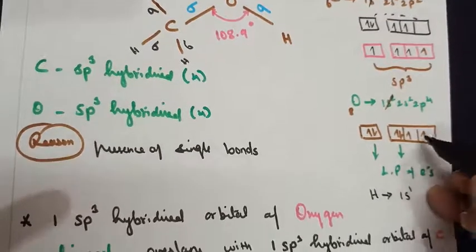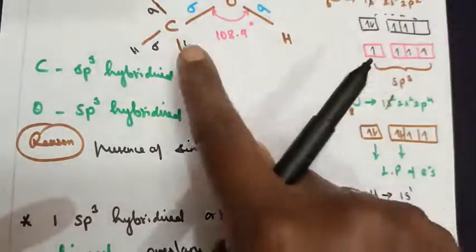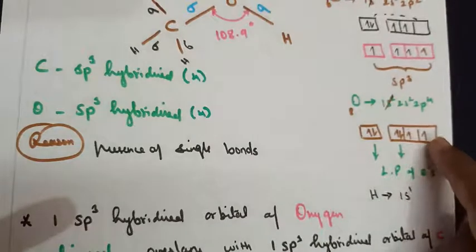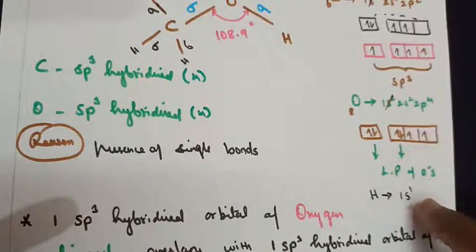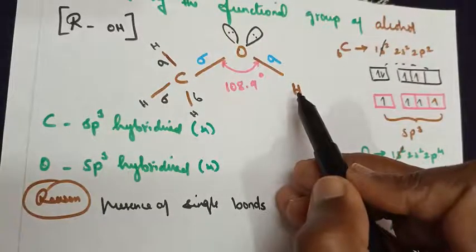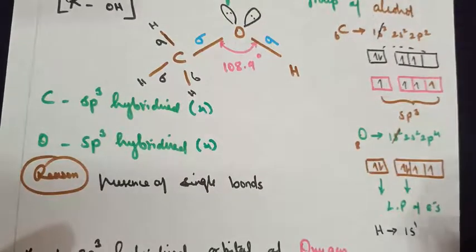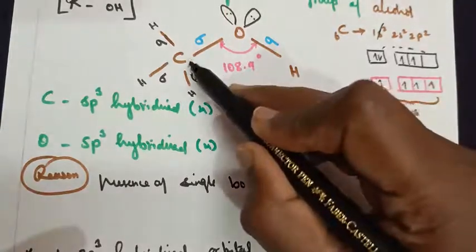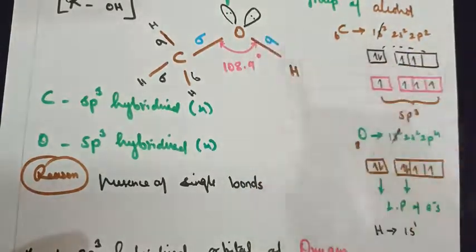Moving back to oxygen, out of the two, one is bonded with a carbon. Now one more we've got without the bonding. That one combines with a hydrogen. Where do we get this hydrogen from? From the other hydroxyl group hydrogen. So hence the bond is being formed between carbon and oxygen, and oxygen and hydrogen.